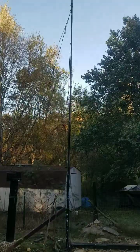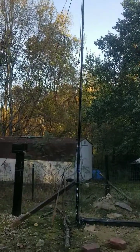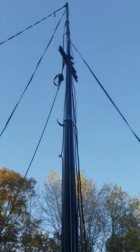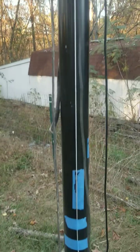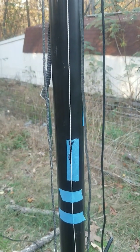Alright, let's go back to that 1.0. Alright, looking good here. So I'll tell you guys later. We'll get this thing lowered tomorrow when I get time. It took me a while to get these ropes untangled. That's what took me a while. So that's why I got to keep this north position. And the way I got to do that, we'll have to lay it on the ground like the last time. So that'll be okay. And mostly when we see it straight, pretty close to it, that's when we'll drill the